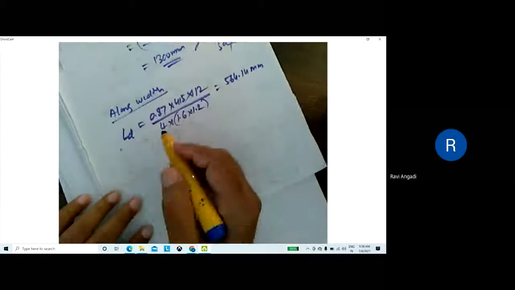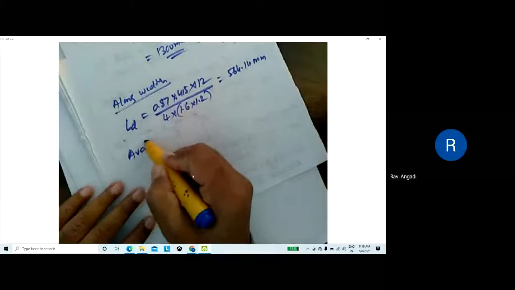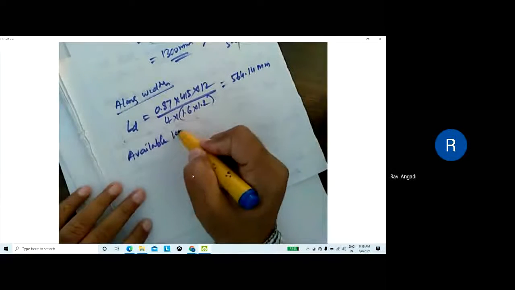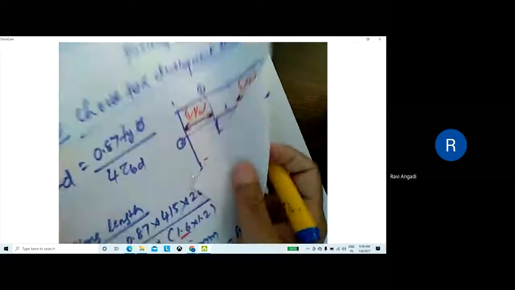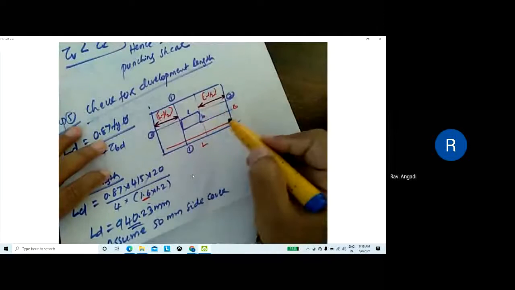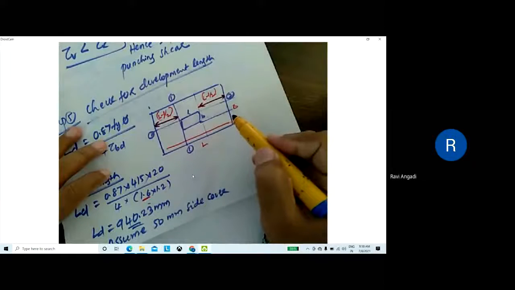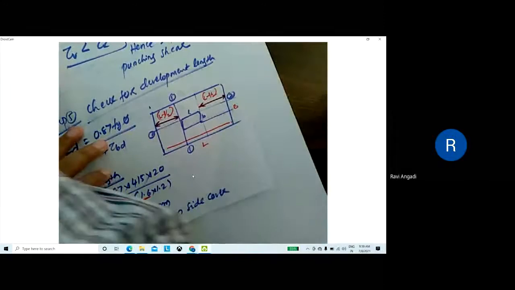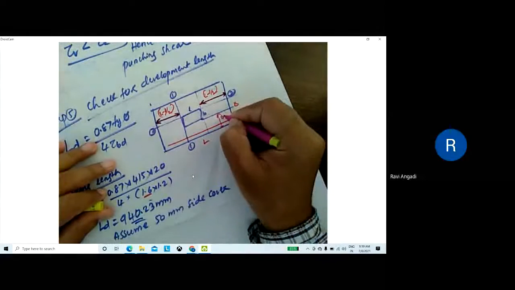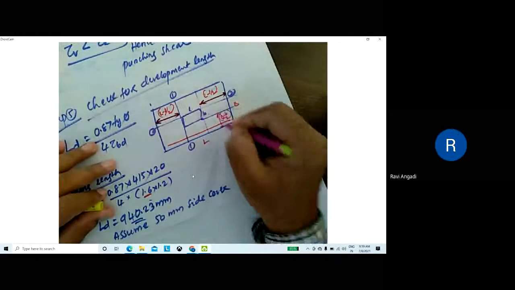Then the available length. Tell me the available length, similarly to the previous case, but now we are providing along the width. Can anyone tell what this length is now? This one, I'll mark it here. It is B minus B by 2. Correct.